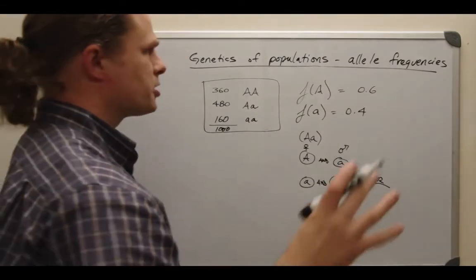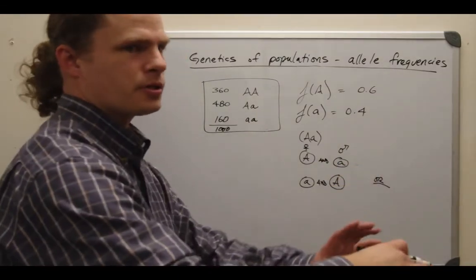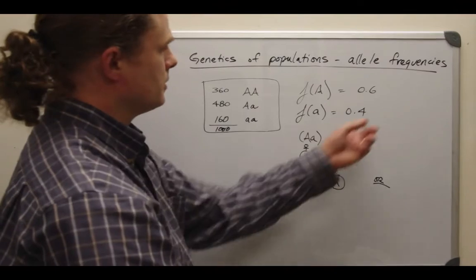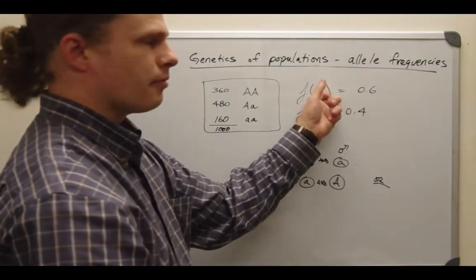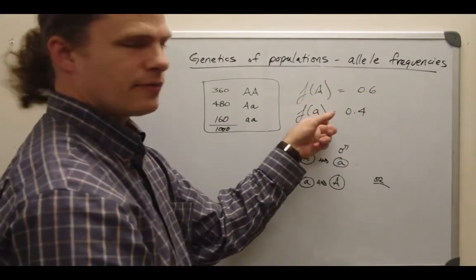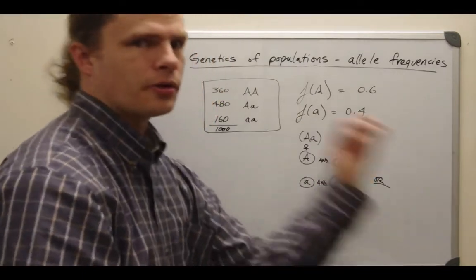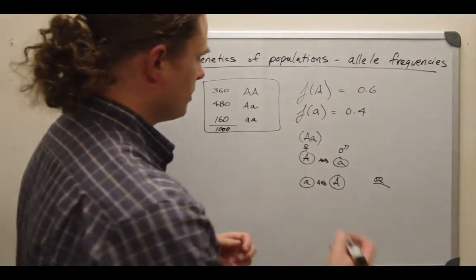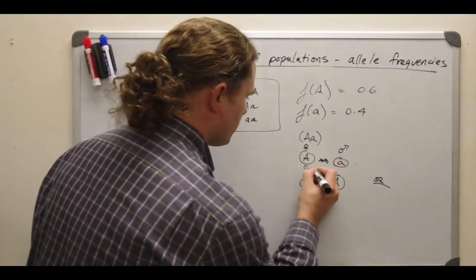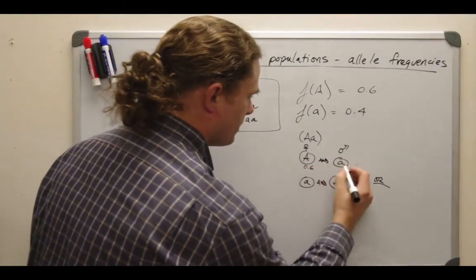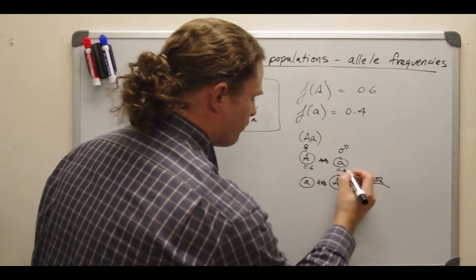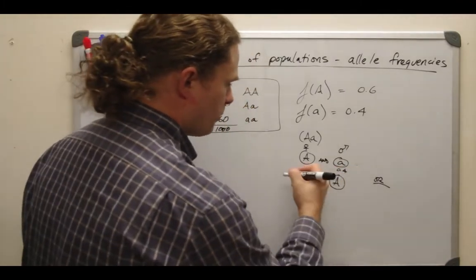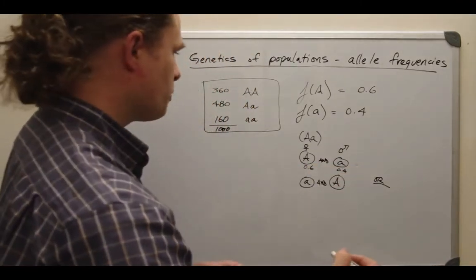It's as if we're reaching into the population. If you imagine the population as sort of a jar of marbles, 60% of the marbles have a big A written on them, 40% of the marbles have a little a written on them. You reach in and you grab that first marble. What's the probability that it has a big A? Well, 60%. So with the females, the probability would be 0.6, and the probability would be 0.4 for the little a. 0.6 times 0.4